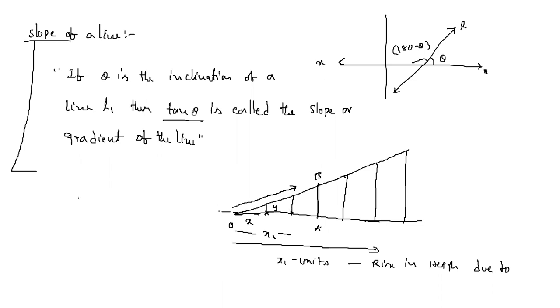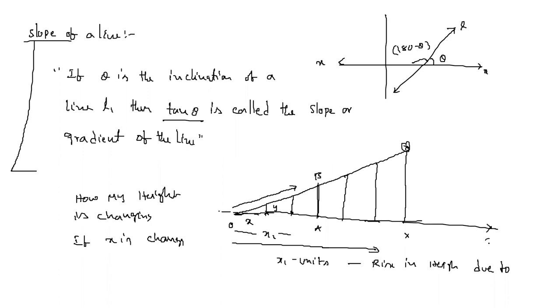The gradient means how my height is changing if x is changing. Very clearly, suppose I'm traveling up to here, then you are reaching this point. Suppose I'm traveling further up to some point Q, then you are reaching some point P where your height is PQ. If I'm increasing the X value, my Y value is also increasing. Students, are you clear what I'm saying? So can I repeat again? See, the meaning of gradient or slope means